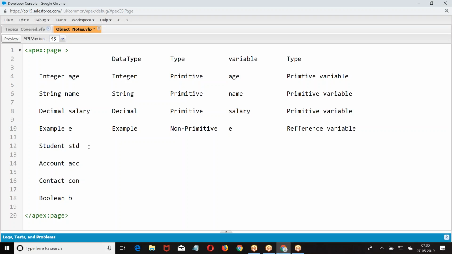Student STD. Student is not primitive. Account ACC. Account. ACC.